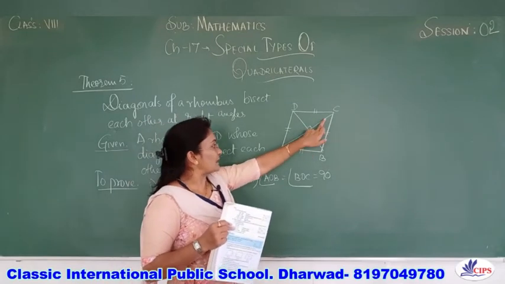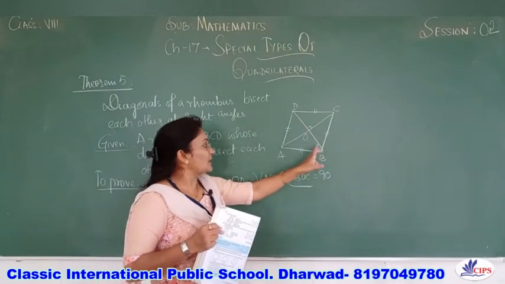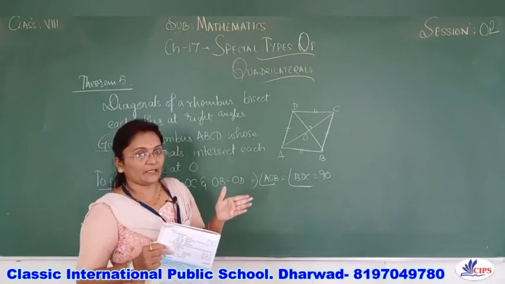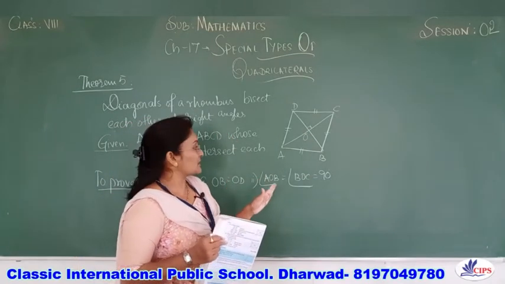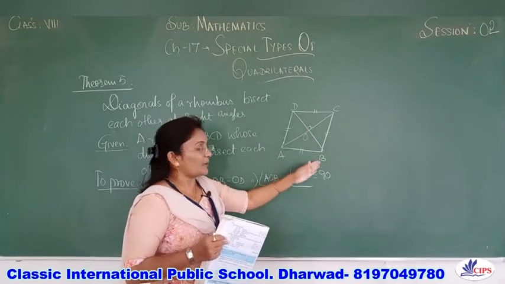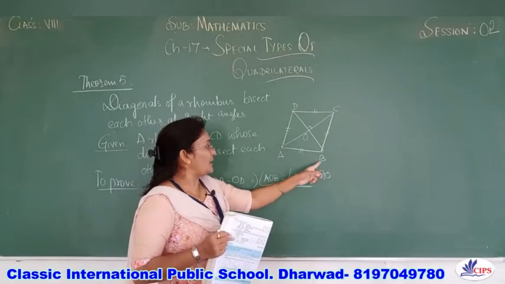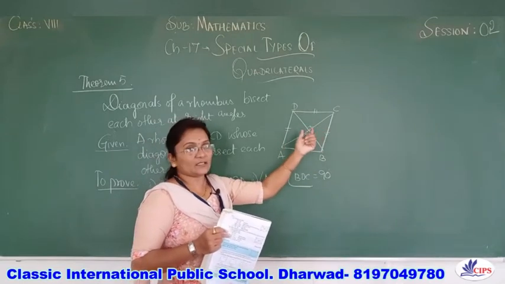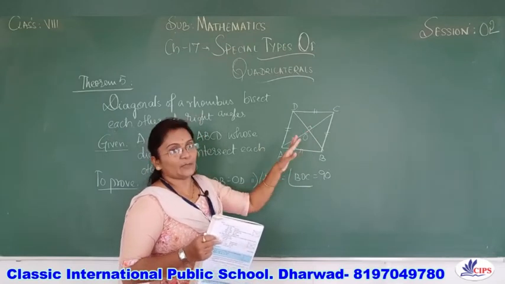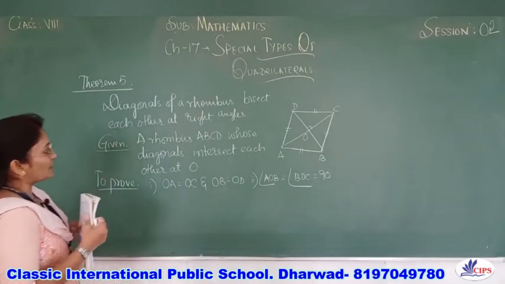See, can you see a straight line here? And this is a line drawn vertically, perpendicular to it. So you know when a line is drawn perpendicular to a line, they meet at right angles, isn't it? So here AC is a straight line and BD will be a perpendicular line to it. So here the sum of two angles, that is angle AOB and angle BOC, together is 180 degree. So the measure of AOB and the measure of BOC will be 90 degree each. So that only we need to prove. So let's start the proof.